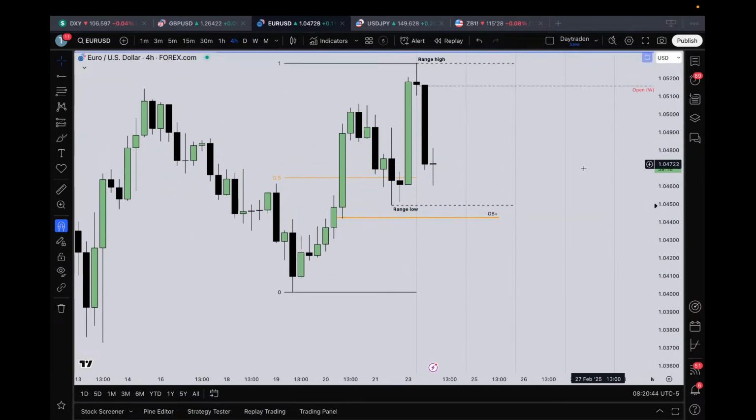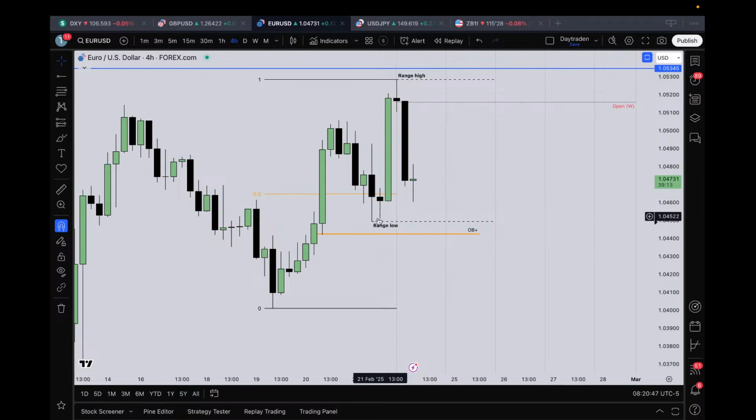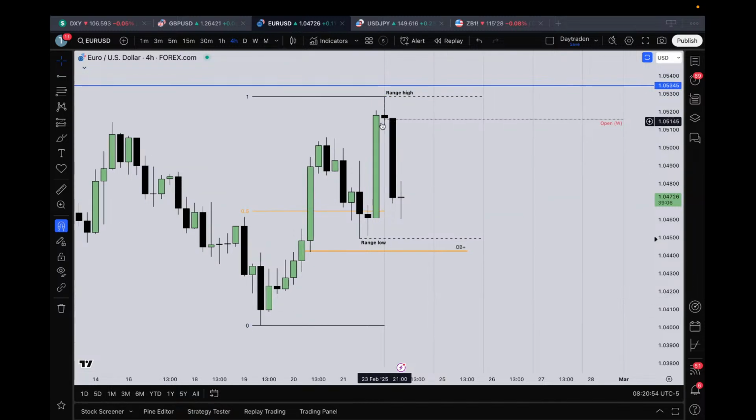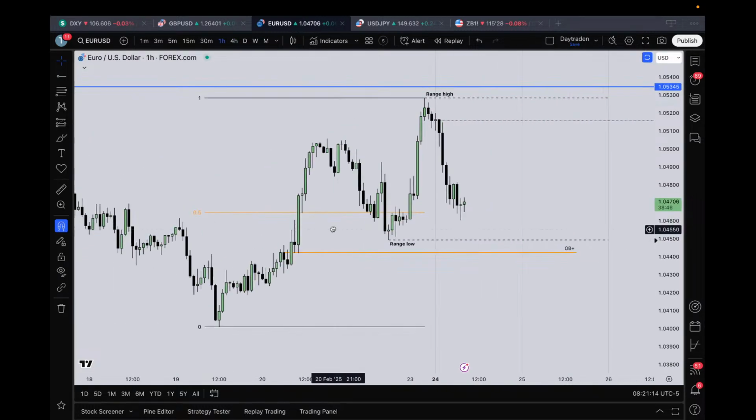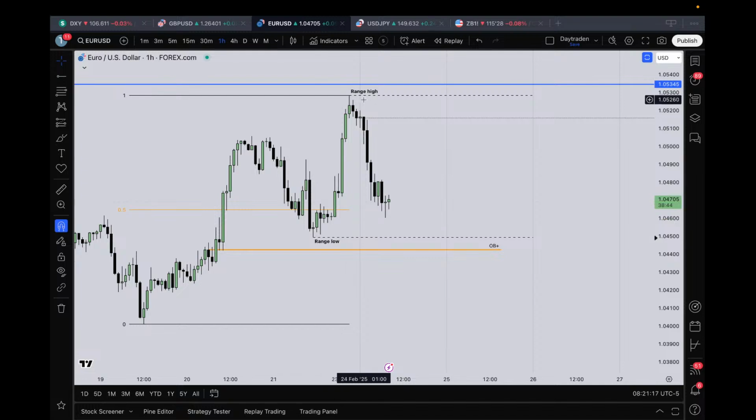If we zoom in on the 4-hour, this range is not confirmed yet on the 4-hour, so we need to look at this high and this high as our 4-hour dealing range. Why is this range not confirmed yet? Because we are not seeing the displacement away from this 4-hour order block. If we are able to trade away from here and create new highs, then this low should not be violated. But that is not the case as of yet.